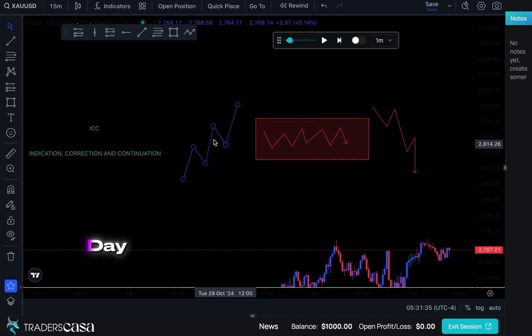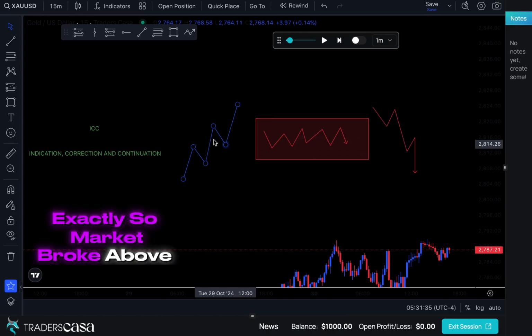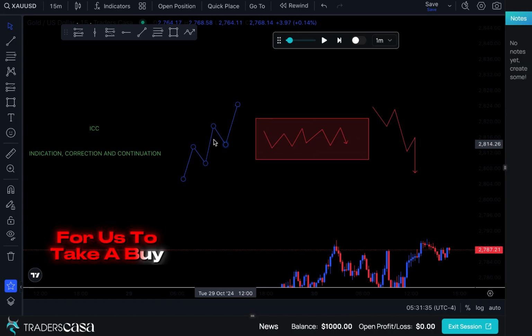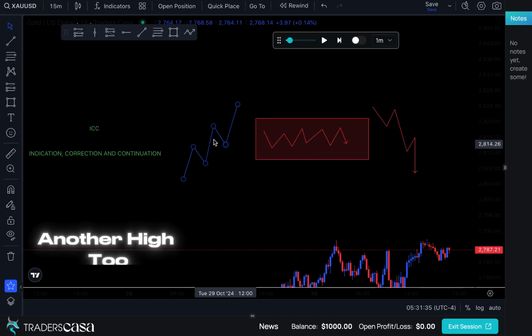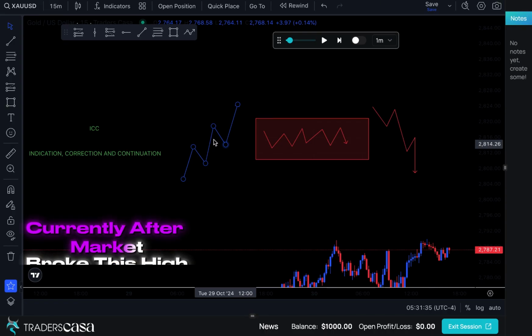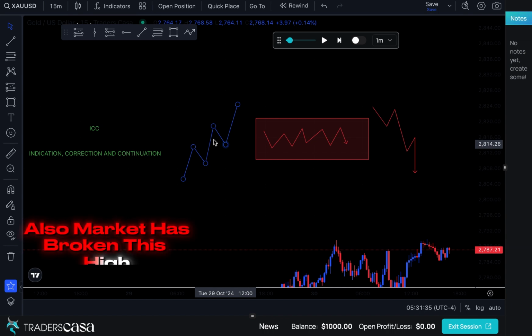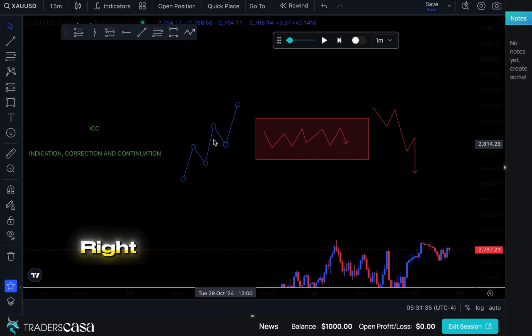If I wanted to trade this day, like I said, I'm going to identify the current high that the market has broken. Now I see that the market has broken this high, right? Exactly. So the market broke above this high, even though the market did not come into this zone for us to take a buy, so we do not have a trade on this day. You understand? So this is a high, and this is also another high too, right? This is another high, and this is the current high currently. After the market broke this high to the upside, we have this high, and this high has been taken out also. The market has broken this high, so we know for sure that the market is in an uptrend, right? So then we don't do